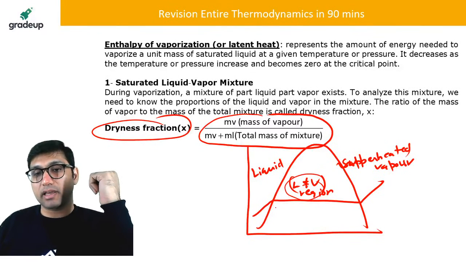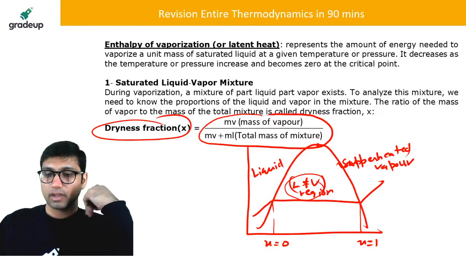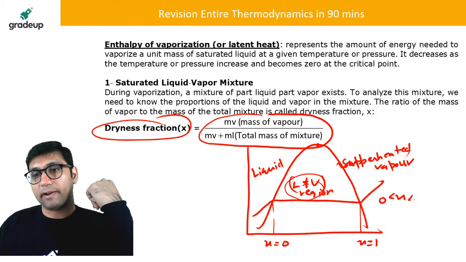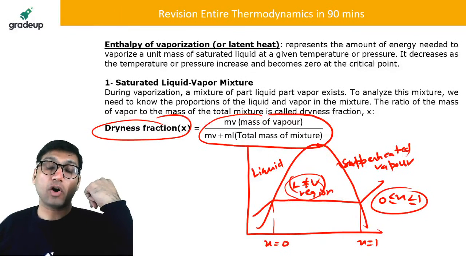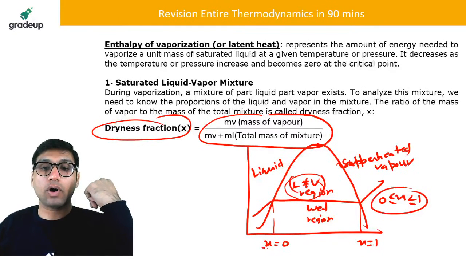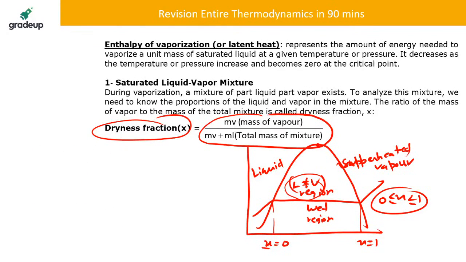Because in the liquid plus vapor region, at this particular point, dryness fraction will be 0 and it will be equal to 1 on the saturated vapor line. Okay. So my dear students, this dryness fraction varies from 0 to 1 in the liquid plus vapor region or in the wet region. On the saturated liquid line it is 0, on the saturated vapor line it is equal to 1. But if you ask what is the dryness fraction of steam, is it really the mass of liquid? No, it is the mass of the